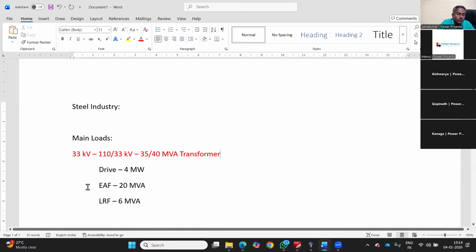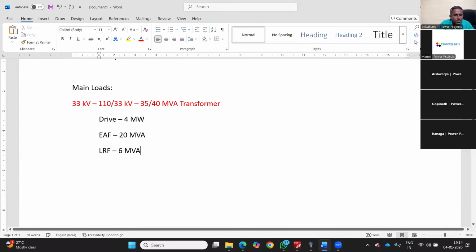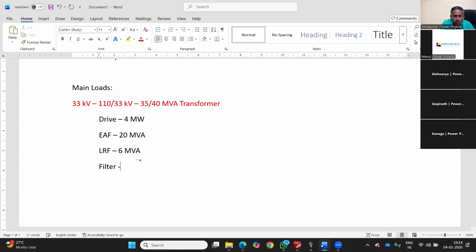This is the load, so this is a highly nonlinear load. There is a filter which has been proposed as well, the fifth order. That's what the SLD indicates, but you have to perform harmonic analysis to understand it. If you look at the next one, 11 kV, there is a 110/11 kV